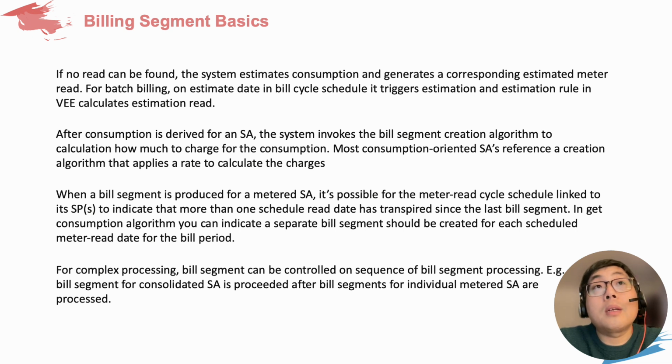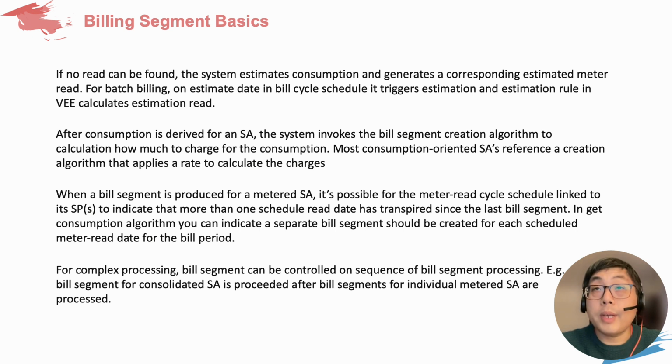In the get consumption algorithm, you can indicate a separate bill segment should be created for each scheduled meter read date for the bill periods. Okay, so what that actually means is when you are calculating a particular